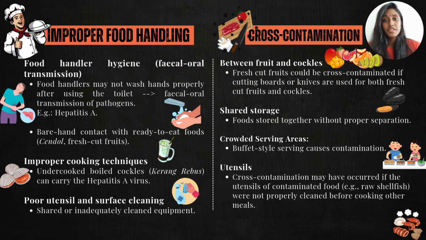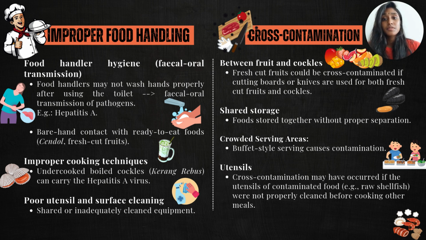Next is cross-contamination, which occurs when pathogens are transferred between food surfaces or utensils. For example, fresh-cut fruits can be contaminated if the same cutting boards or knives are used for fresh-cut fruits and cockles without proper cleaning. Storing raw and cooked foods together without separation allows pathogens to spread too. Proper storage practices with clear labeling and separation are crucial. In buffet-style settings, shared utensils and overcrowding can facilitate contamination. Cross-contamination often occurs when utensils used for raw shellfish such as kerang rebus are not properly cleaned before being used